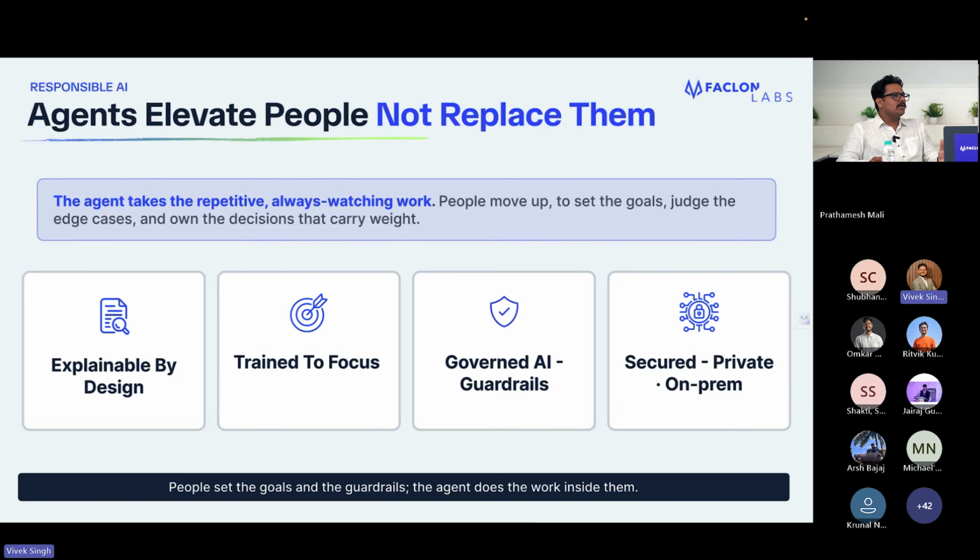And then what we do is we put these agents in charge of all the repetitive, tedious work of looking at a screen day in and day out and analyzing whether there was a spike or a dip. All that tedious work can be given to an agent who can do it much better, because it can analyze at a much higher frequency as well as continuously. You cannot be attentive all the time, right?